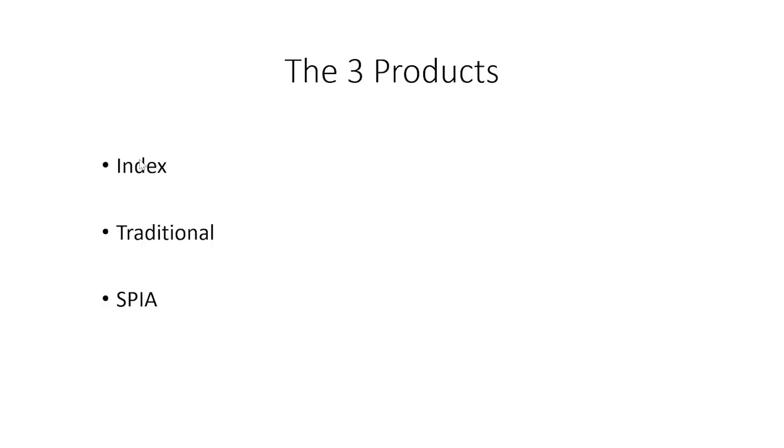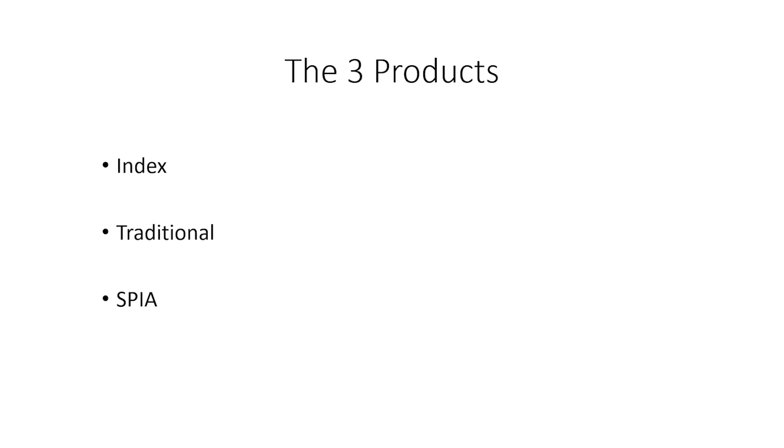Now let's take a look at number 3 here. I like this one so much because we just want to keep this very simple. If you're a new agent on the phone, you're on this call, you're in that room right now, 3 products that are out there for annuities. It doesn't get more complicated than this. For fixed annuities, you have fixed index annuities, you have traditional fixed annuities, and you have SPIA products. Those 3 products can handle a lot of needs for your clients.